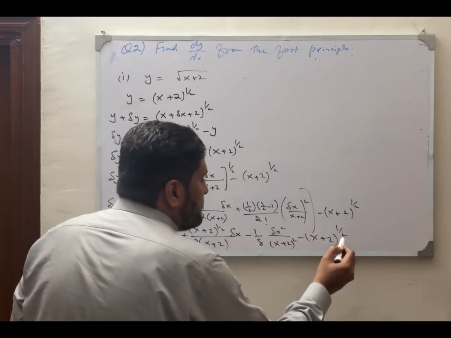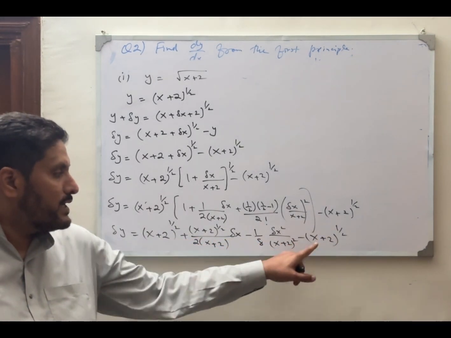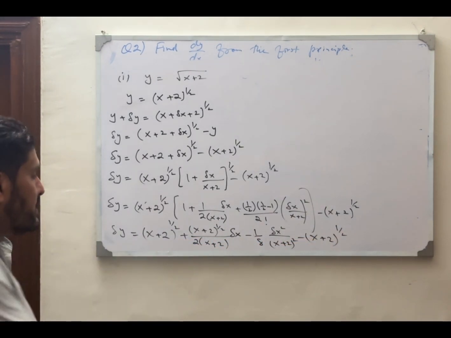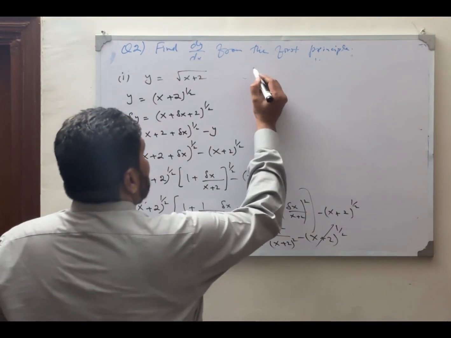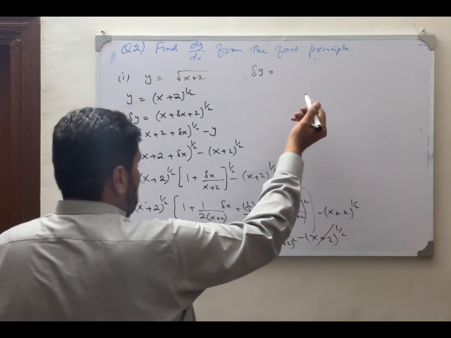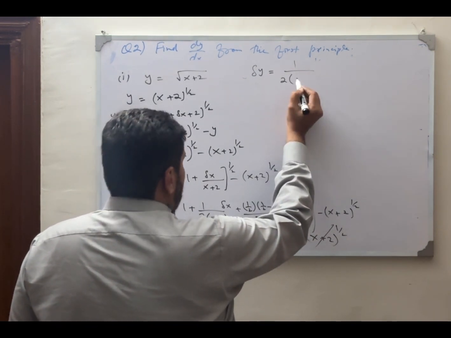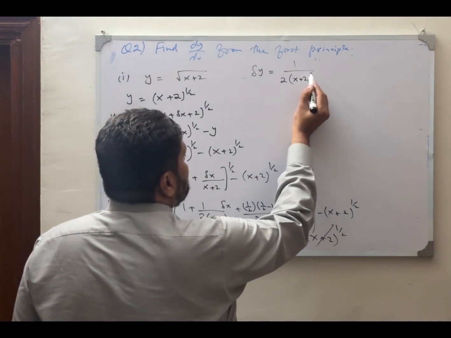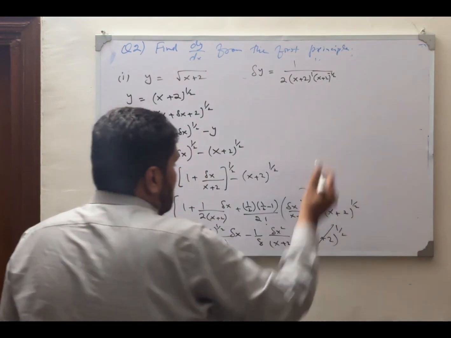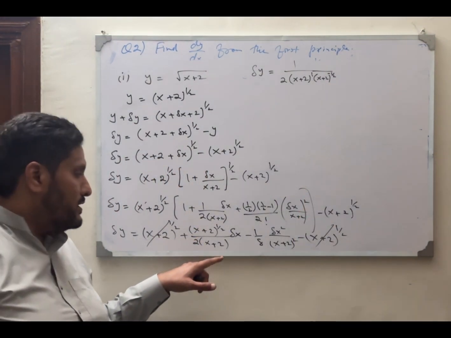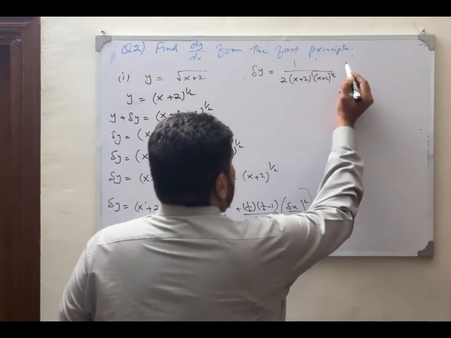So minus 1 by 8 into delta x square divided by x plus 2 whole square minus x plus 2 power 1 by 2. So here we have x plus 2 power 1 by 2, and at the end we have minus x plus 2 power 1 by 2. That will be cancelled with each other. So here we cancel it. So our remaining term here will become delta y is equal to, we write it in this way, 1 over 2 into x plus 2 power 1 into x plus 2 power minus 1 by 2. So when we take it into the denominator, this 1 by 2 will become minus 1 by 2,